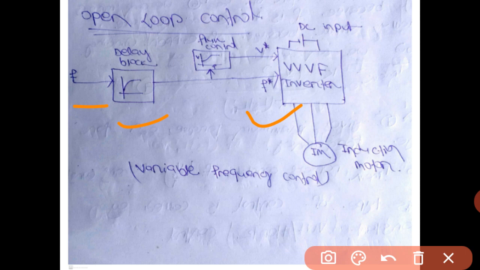So we give this frequency to the previously discussed V by f relation and find a voltage reference. This voltage reference and frequency reference are fed to the variable voltage variable frequency inverter. Here the input is DC and the output is 3-phase AC output,